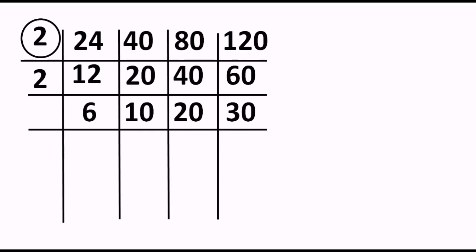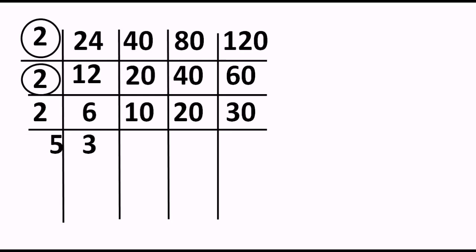Again we can divide it by 2, right? Because all are even numbers, and moreover the second 2 on the extreme left hand side has divided all 4 numbers. So again encircle it without fail. That is the most important part for your calculation. After that we are again going to utilize 2, and this time again 2 will divide all these 4. So again at the end of solving we will be encircling it, keep it in mind.